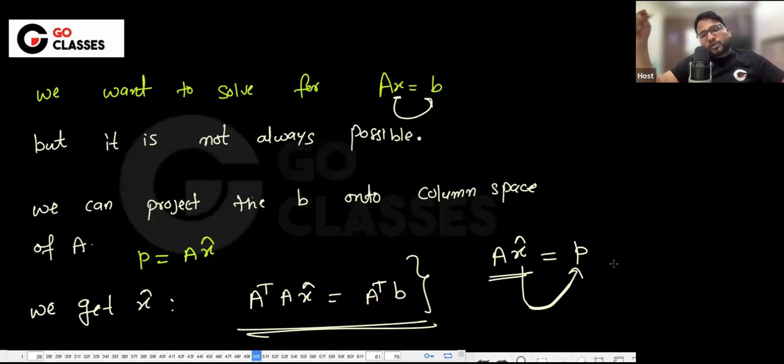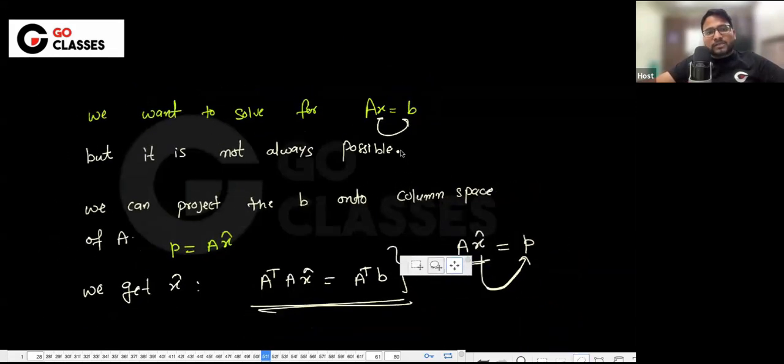So basically, if someone asks you to solve Ax equal to B, what will you say? Maybe I might not be able to find out this X because B might not be lying in the column space of A. Instead of that, I will be solving for X cap, which will give me the projection, which means AX cap is finally the projection. Okay. So let's suppose you solve for X cap and then someone says, what will you do with this X cap? Then what is your answer? AX cap is your projection. AX cap is the closest approximation of the B. Right? So once you get this X cap, you will say,